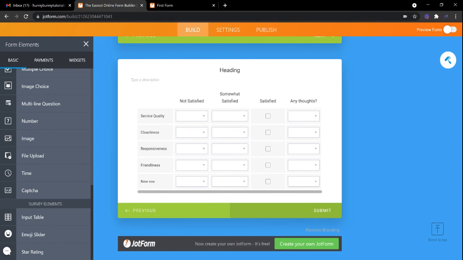So in the next video, we will be showing you how you can change the colors, not in the card form layout, but in classic layout, how you can change the color of the row header and how you can change the color of the column headers using CSS. CSS is the coding that we can use in classic layout to style our form according to our wish. So in the next video, definitely we will be talking about how we can change the row headers and column headers in the input table according to our brand.